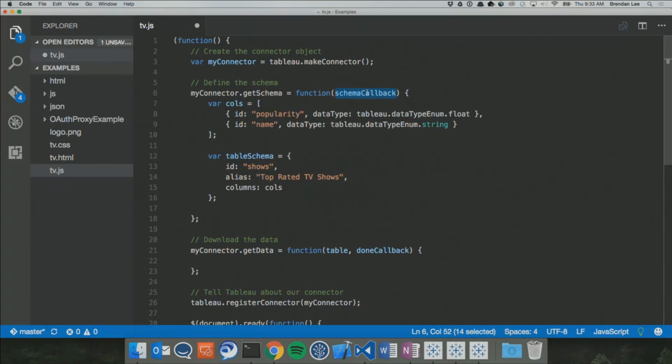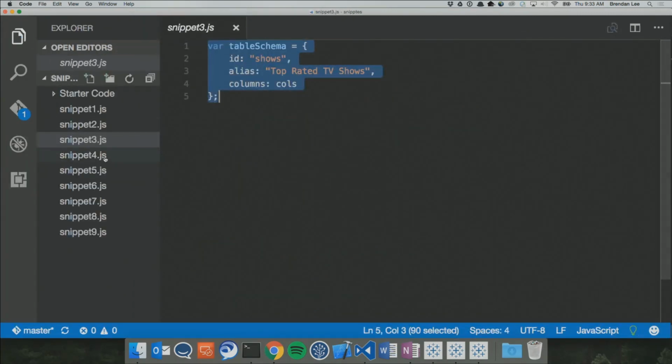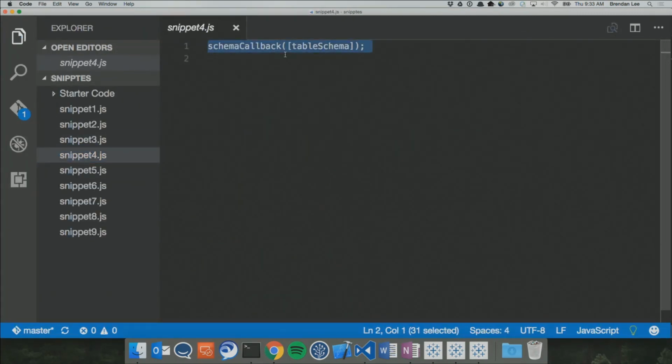The parameter that's passed in, schemaCallback, is actually a function, and that function is passed by Tableau to our connector. So Tableau gives us this function, and our connector uses it to send information back to Tableau. The syntax for that is here. We're calling this function and passing it our table. We're actually passing an array of tables because we could pass more than one if we wanted to.